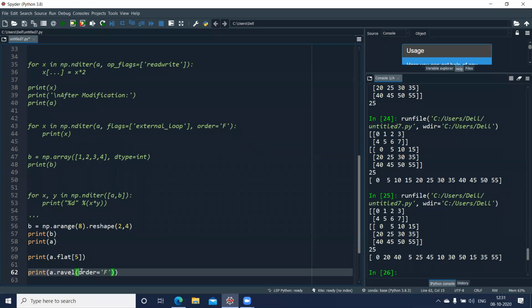No need of passing a parameter here. Run this. Fine. It is also giving me the same output. Again, if you want, you can pass the order as well. Order equal to F, the Fortran tag. We will stop here. We have less than 1 minute left. So I'm stopping this.